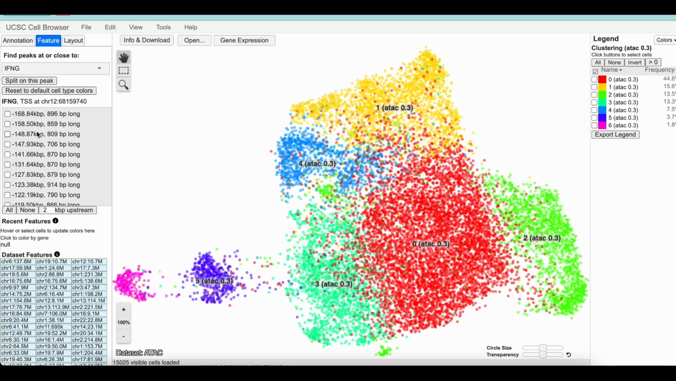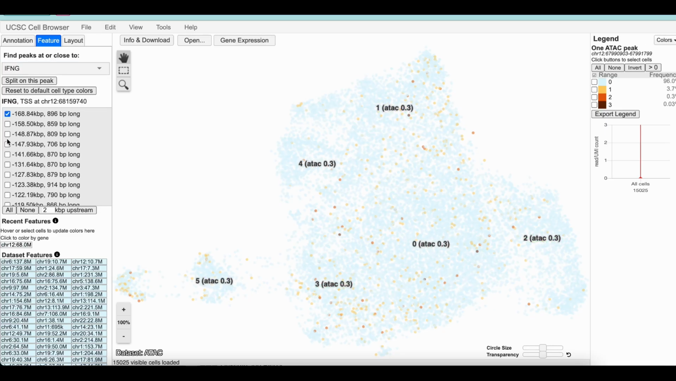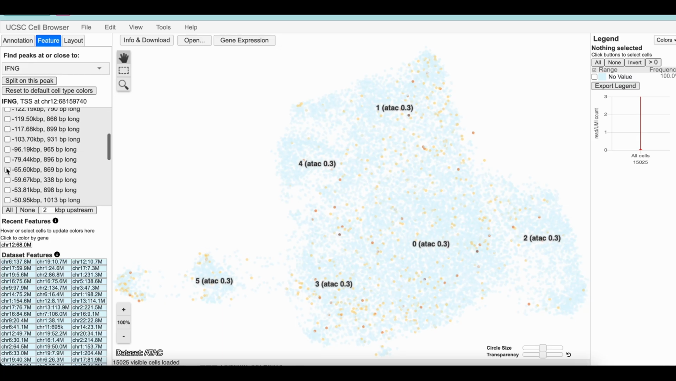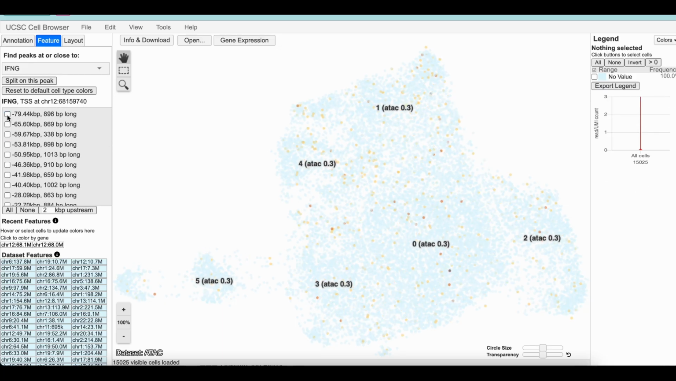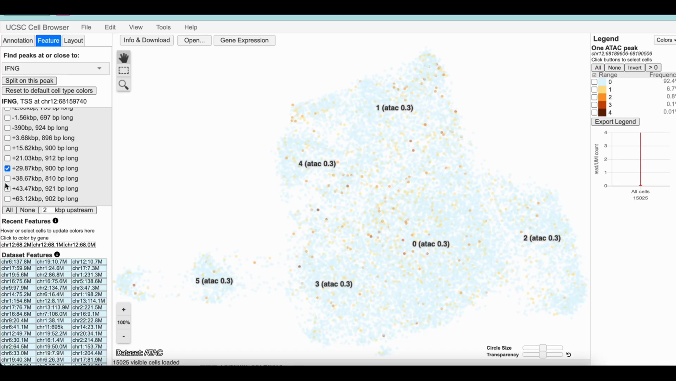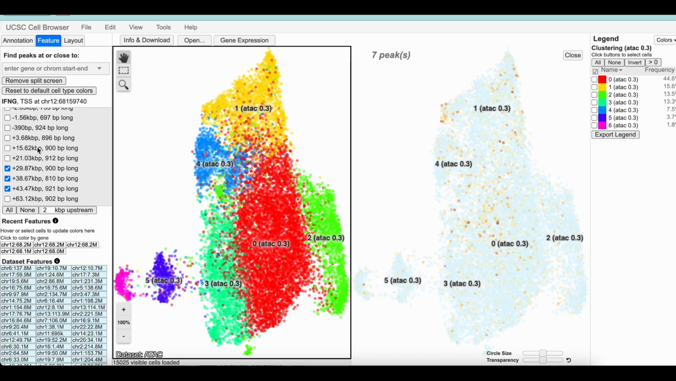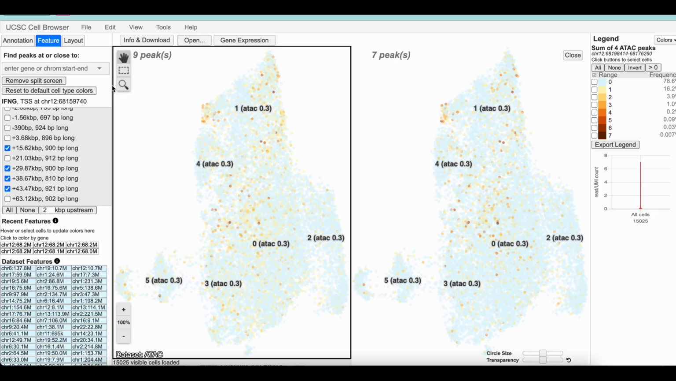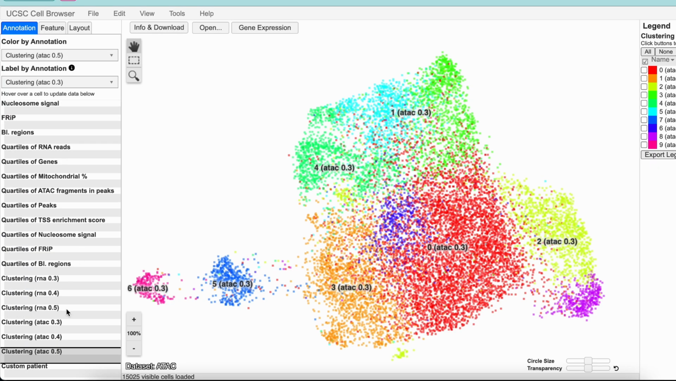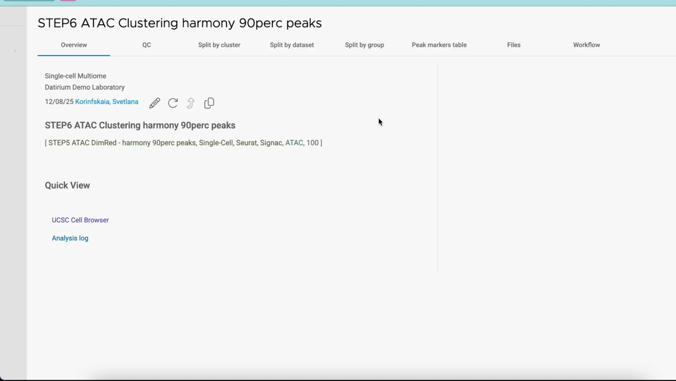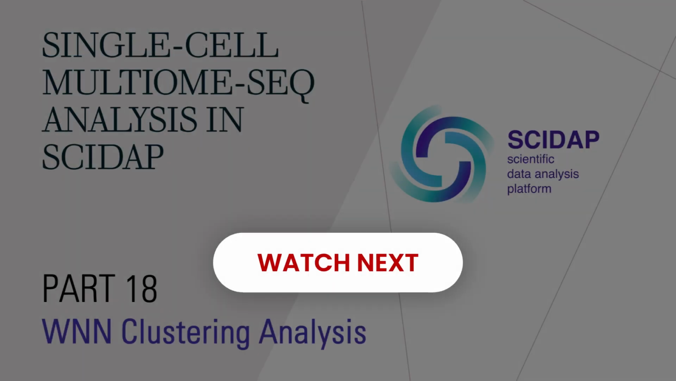and it automatically shows you the list of nearby peaks downstream or upstream of the promoter. You could even highlight multiple or make it split screen. Because we use the RNA clustering as a previous sample, we could also see clustering for RNA in this UMAP as well. So this was the quick review, and in the next video we will start the step that called